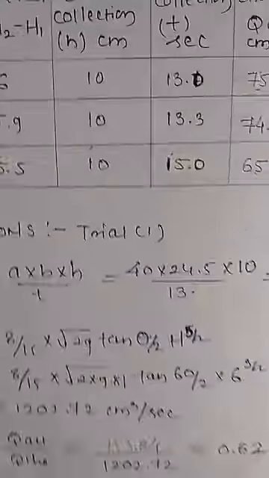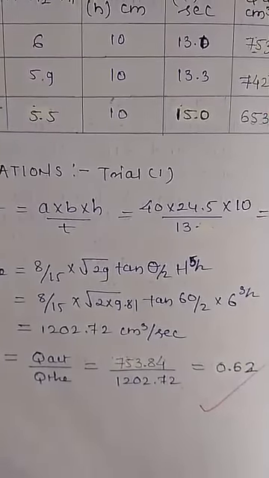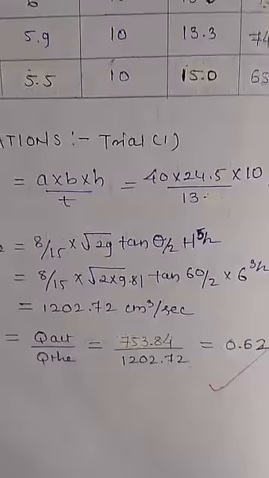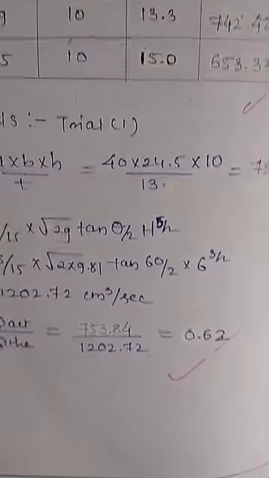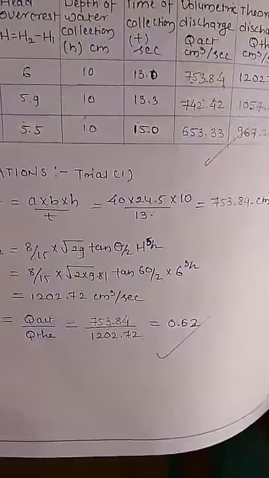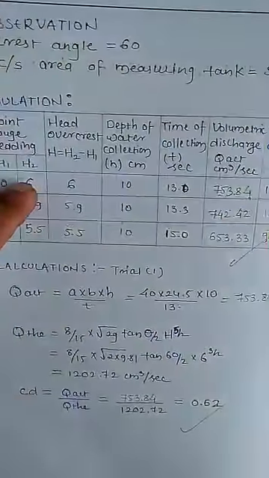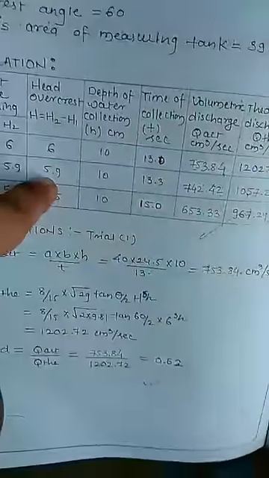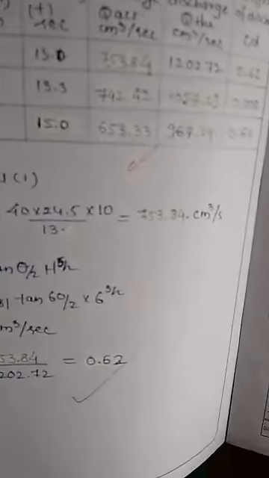Now the formula for theoretical discharge you can see here directly, where g is 9.81 and theta is 60. You can see this angle here; this is theta. This angle is 60. So the same is to be written here, 60 by 2 according to the formula, into H. What is H? For the first trial H is this, for the second trial H is this, and for the third trial it is this. Similarly you have to find Q theoretical, and you get an answer around about this much.